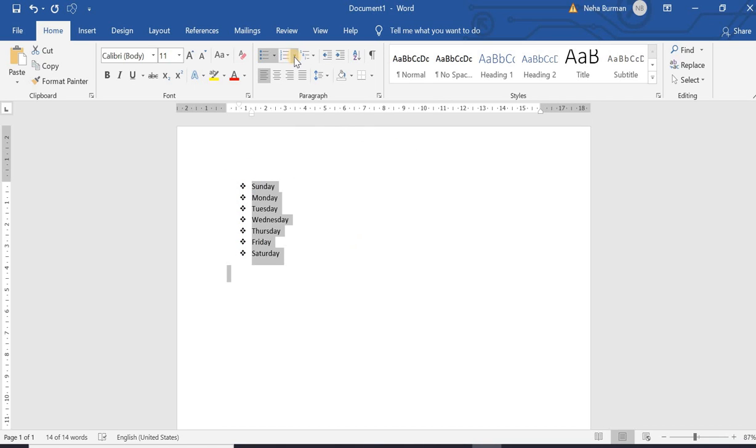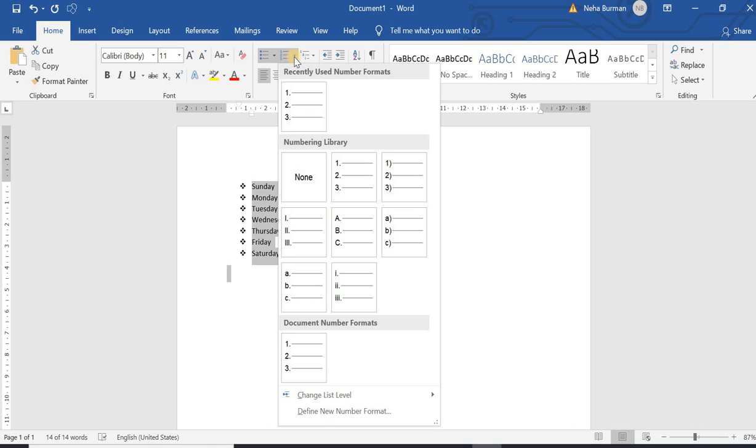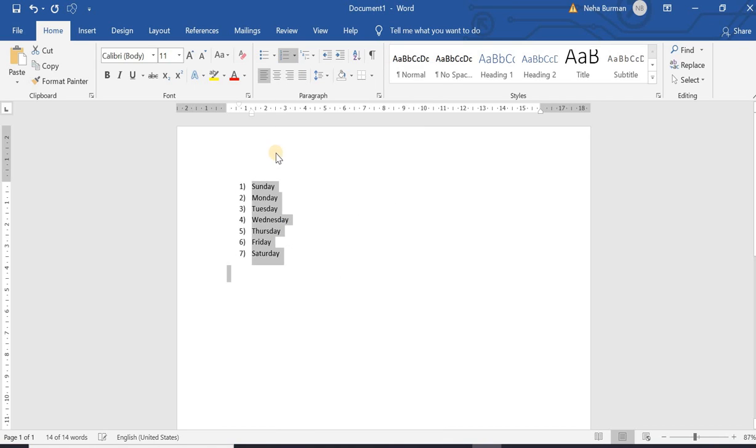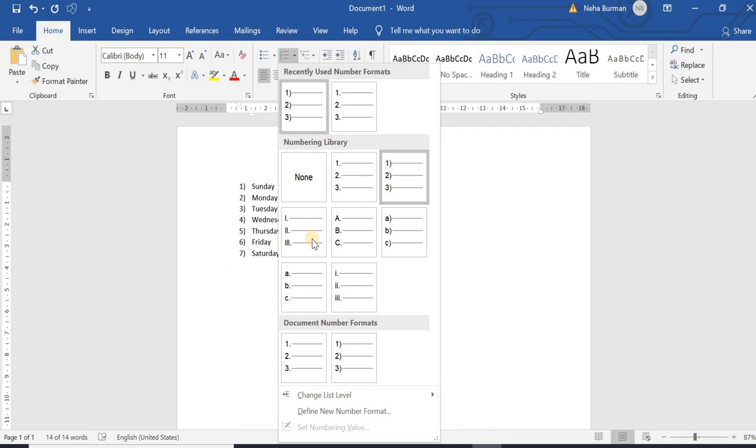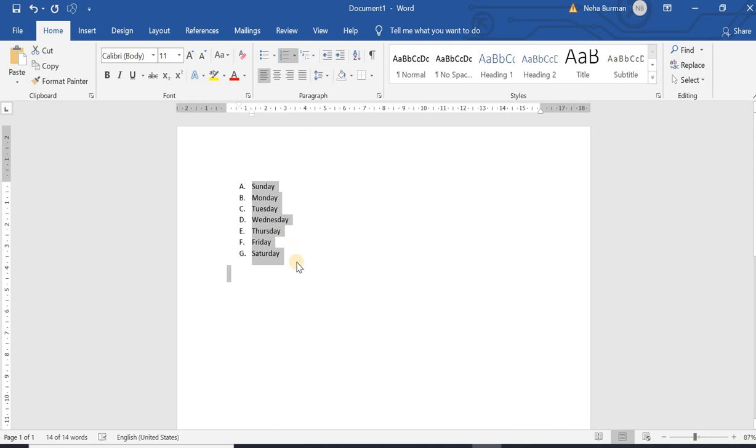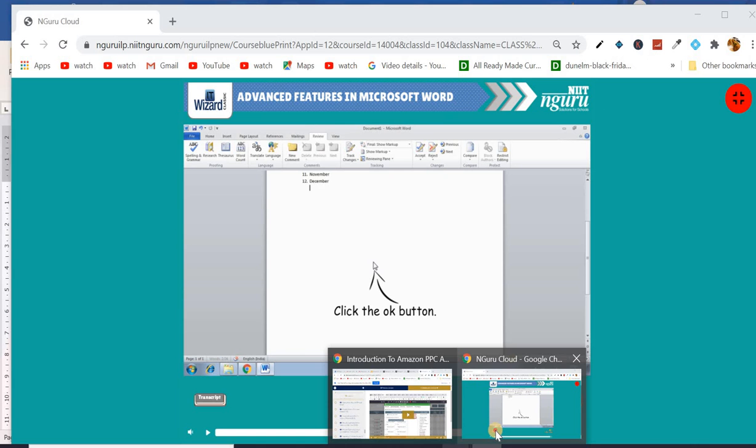And numbered also you can set on your document like 1 2 3 4 or like ABCD. These all are the numbers, like Roman में number and ABCD. These all are the numbered list. Okay, so there are two options. One is for bulleted list, one is for numbered list. Like this you can create your number list and also you can check the spellings and grammar from here.